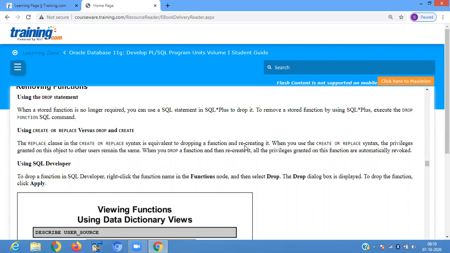When you use CREATE OR REPLACE FUNCTION, the privileges granted on this object to the user remain the same. When you drop a function and then recreate it, the privileges granted on the function are automatically revoked. Okay. So when you drop a function and recreate it, what privileges are you given? They are also revoked, meaning it is not working.